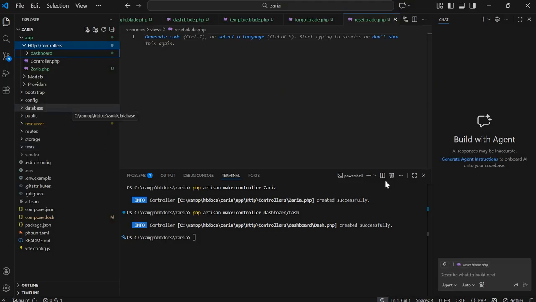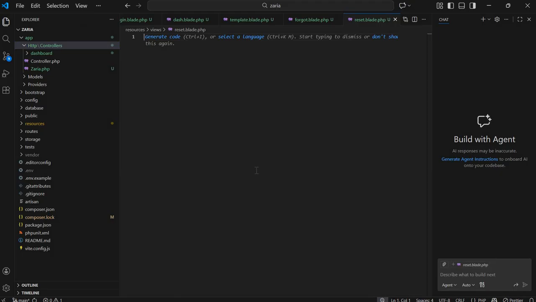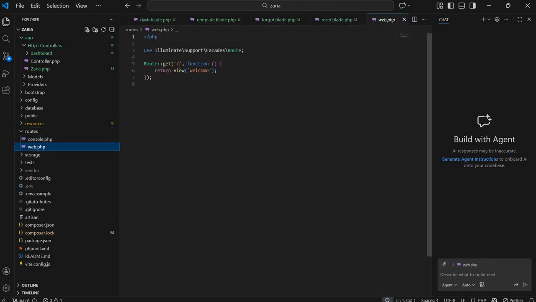Routes are the browser addresses, slash something. So they are found under routes, and you go to web.php. For example, the first one we have been using, where you see the welcome message, it is here. So this is the route, and this is the function that tells you which front-end file to return. I don't like using this, so I'll just write it my own way. Because this one is not using a controller, you can see it's just the route and a function here. So if you want to use the controller,